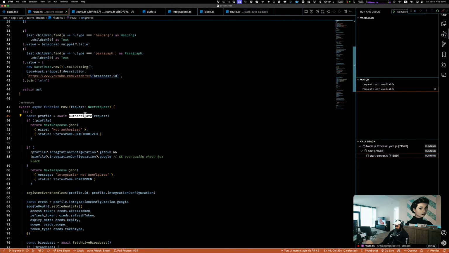What I want authenticate to do in the future is do some of the responses for me, like return the next response if I'm not authorized. Right now I'm having to do that myself. I don't want to do that at all. Authenticate should just work, and if it doesn't work, I don't have to worry about that. At the moment, I have to worry about it.